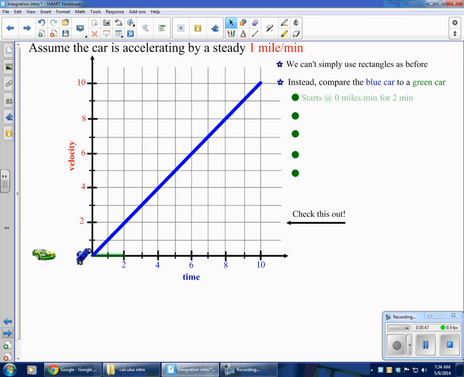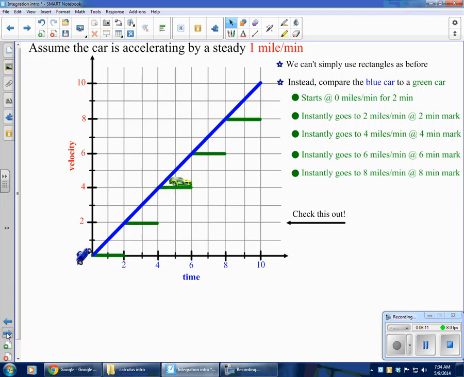So what we're going to do is say that the green car starts trailing. So he's going 0 miles per minute for the first 2 minutes. So the green car for 2 minutes isn't actually going anywhere. The velocity is 0. And then this green car instantly jumps, just like the blue car did before. Its velocity instantly jumps